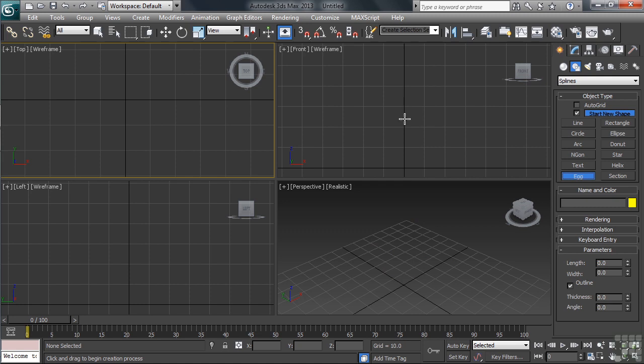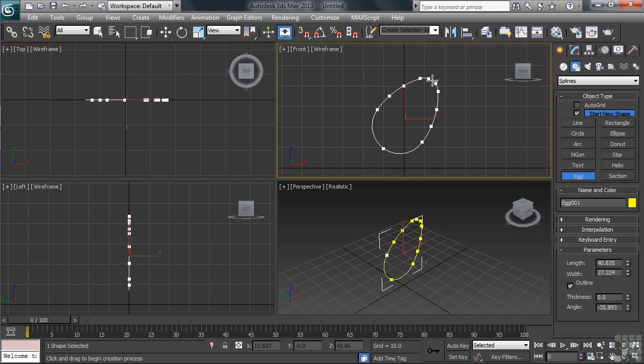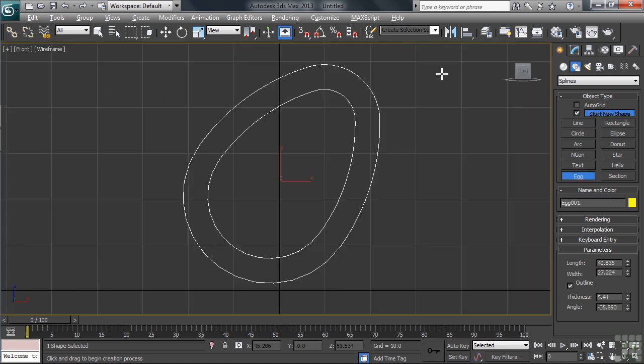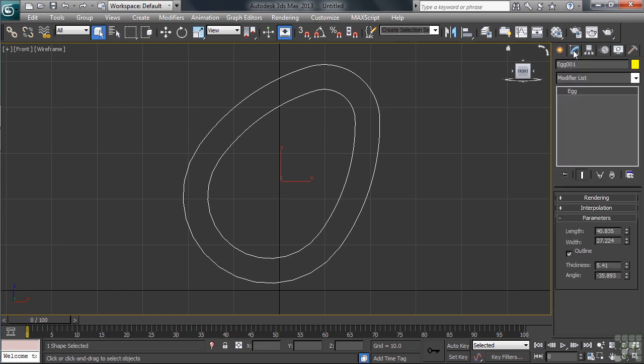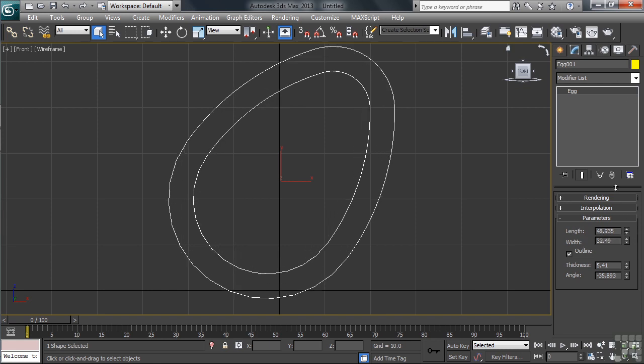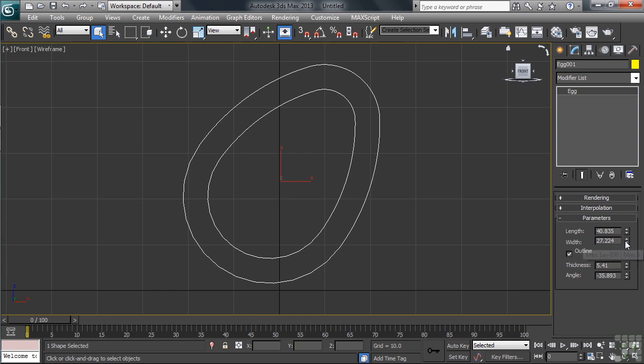I'll draw that in the front view. Now, the egg shape is basically just that, giving you the opportunity to create an egg-like shape. Once you've set the inside line, you can double up that line if needed by simply continuing to drag to the outside. In the settings, you've got controls for both the length, the width,